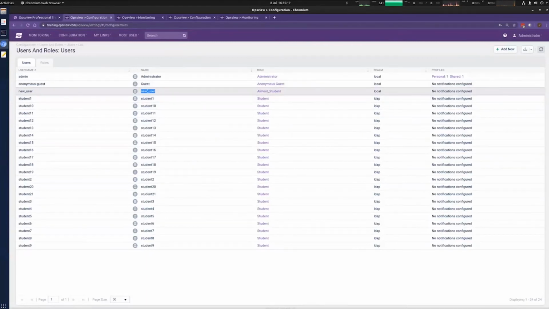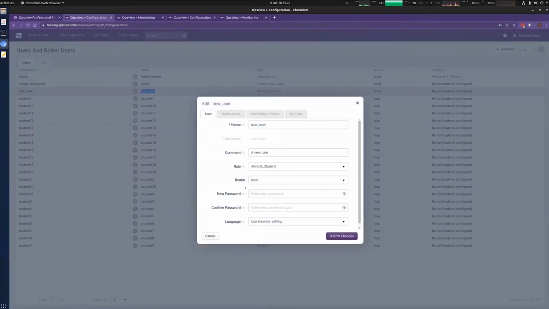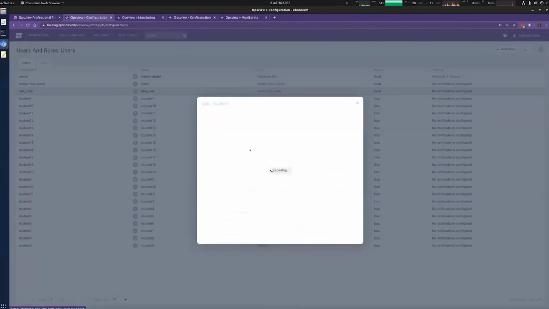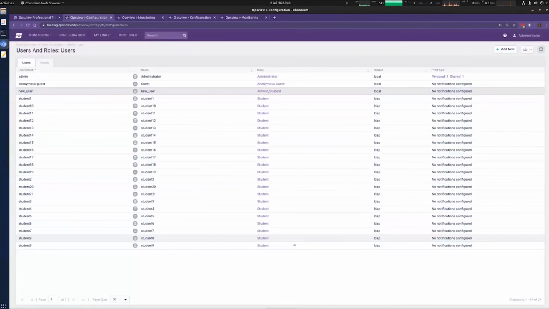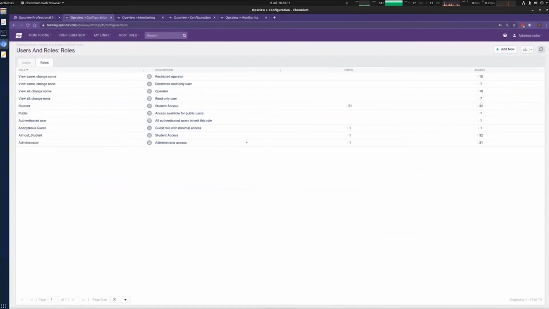One big thing to note is that if you edit a local user, you've got the option to change password, change role, and a few other things that you won't have if you try and edit an LDAP-based user, because all of that is controlled by LDAP. So the authentication is managed by LDAP or Active Directory. If I change that to local again, I get to set the password. But if I use the LDAP realm, then I'm handing that authentication off to your LDAP server. So once you've chosen that and configured it using a simple XML file that lives on your Opsview orchestrator on your main Opsview system, you can then configure the role,